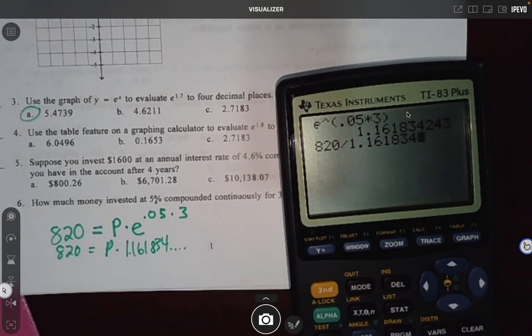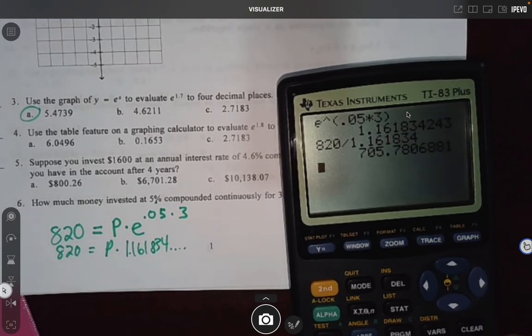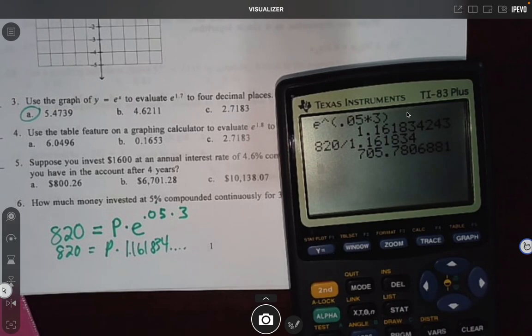Can I just do 1.16? Yeah, I mean, the further out you go, the more exact. Like, I got $705.78. They also got $705.78. But if you only went to like 1 or 2 decimals, it should still be really close. 706. See how it changes it just a little bit? The more decimals you go out, the more accurate it is. So this one is